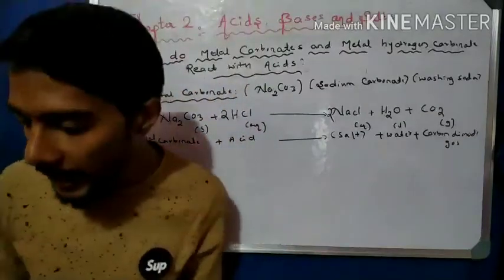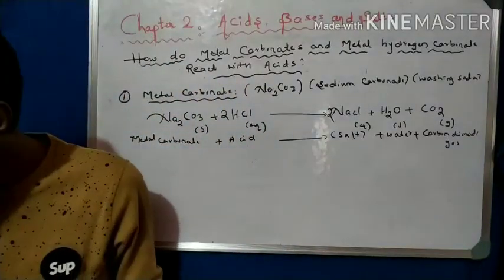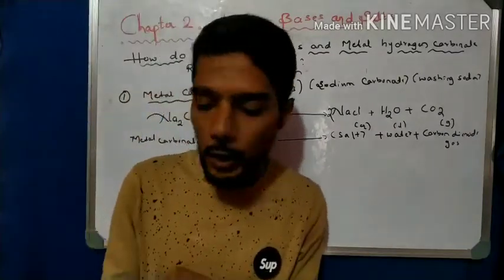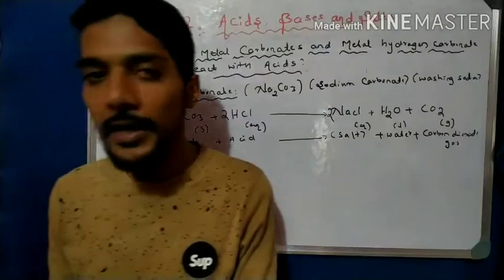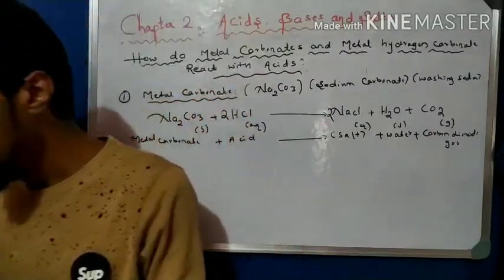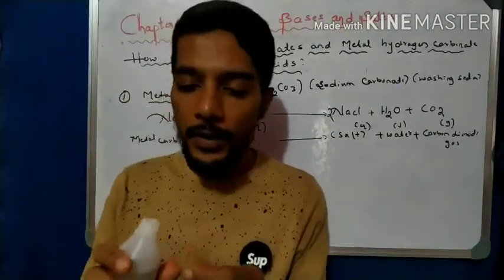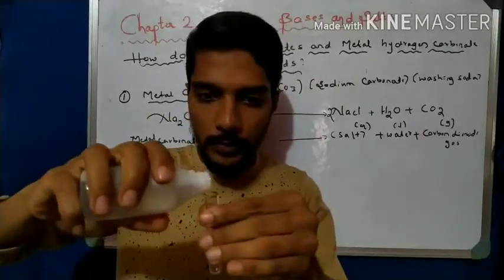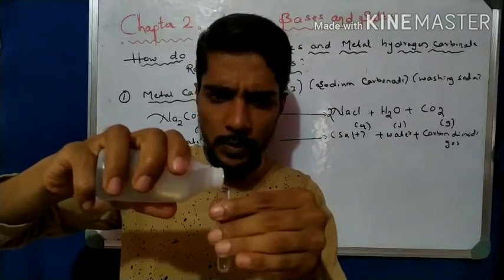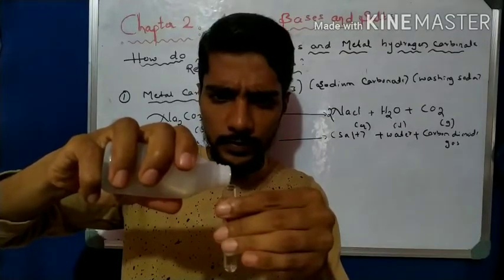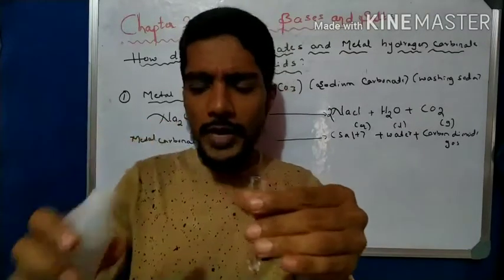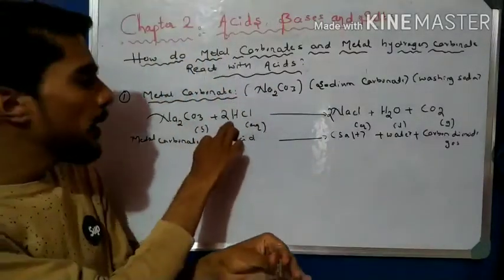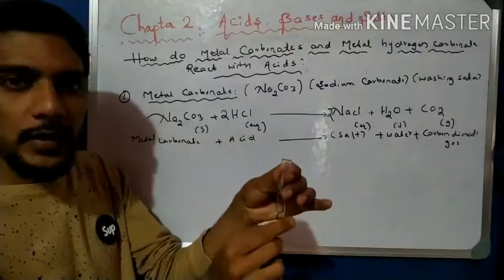Now observe this by activity. I take one test tube. For this I take a test tube, clean the test tube with water one time. Now I take hydrochloric acid here. I add hydrochloric acid to this test tube, a very small amount, a few drops of hydrochloric acid. The test tube has the hydrochloric acid, an aqueous solution.